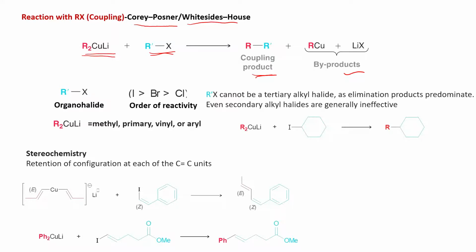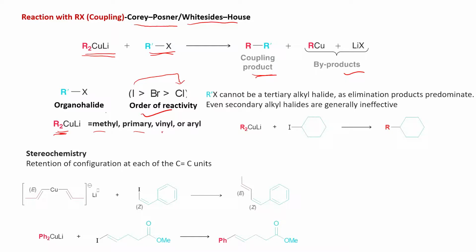The order of reactivity of halides is the same. Iodine is much more reactive compared to bromine and chlorine, and your R group can be methyl,